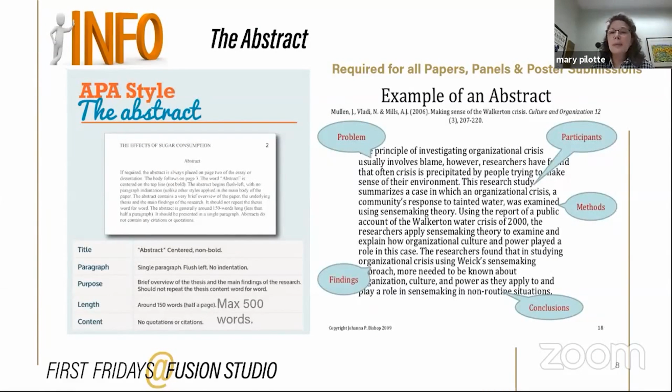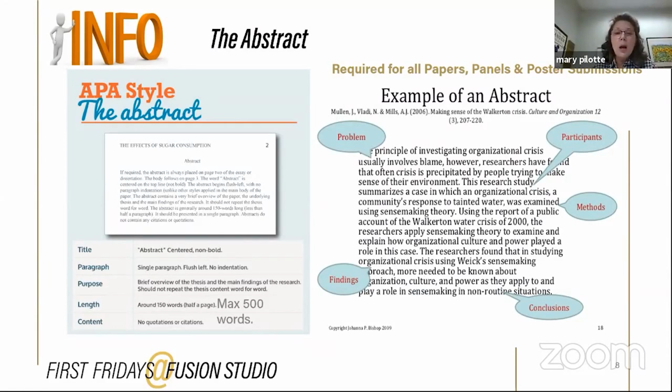So kind of jumping into the meat of an abstract, I've provided a couple examples here. One is really what sort of information is provided in an abstract. What does it look like in an APA format, which is a nice consistent format to follow. Some have Chicago style, but we use APA. And then an actual physical artifact of an abstract. This wasn't from our conference, but it was a nice example that I thought provided the various elements.